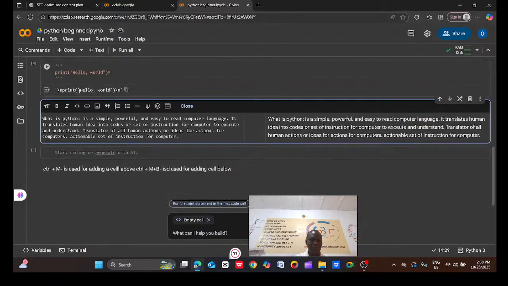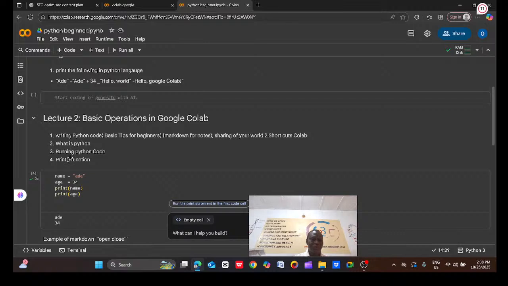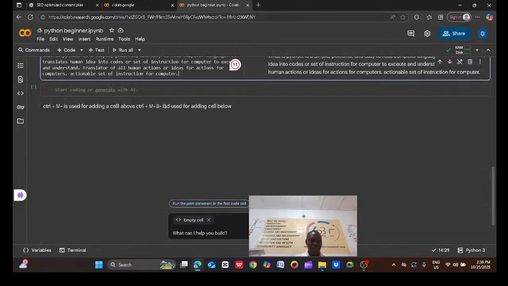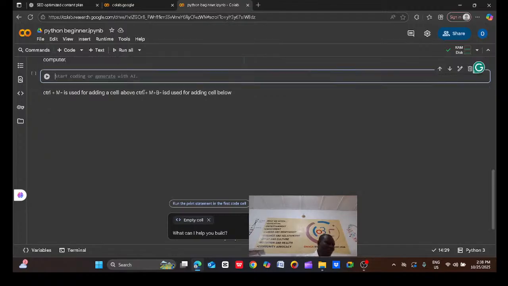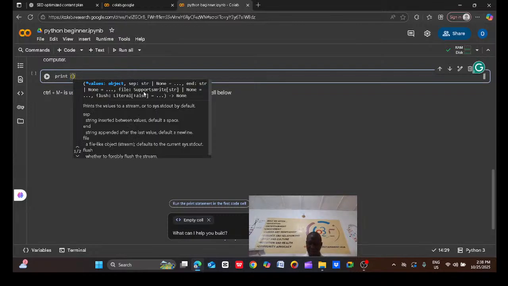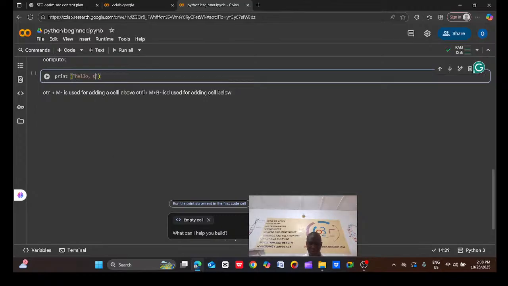The third thing that we also want to know is that we want to run Python code. Let's see how it's going to be. Although we have been running, this one is an example of Pythonic code. We have run it, and because you are correct, that's why you see this tick here. But now, as we have it in our guide today, let's run basic talking to the computer in the language that the computer will understand. The first one is that you are to print hello computer.